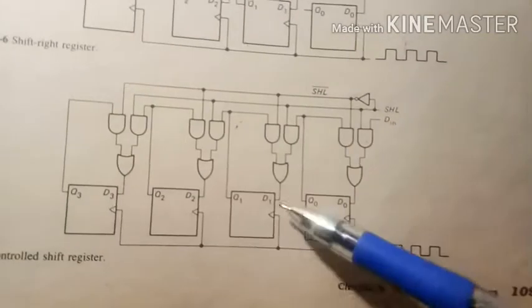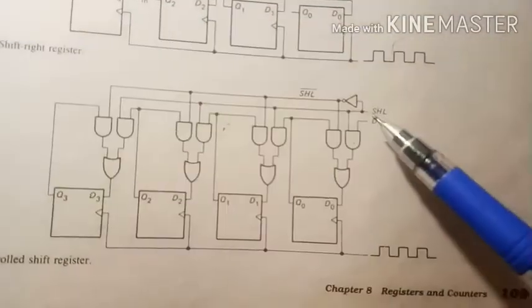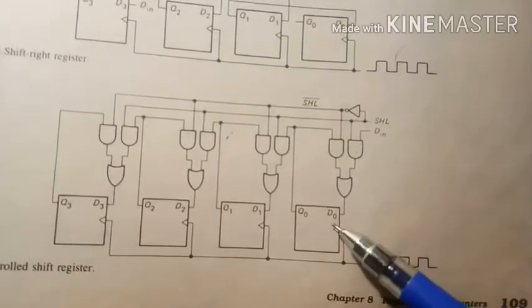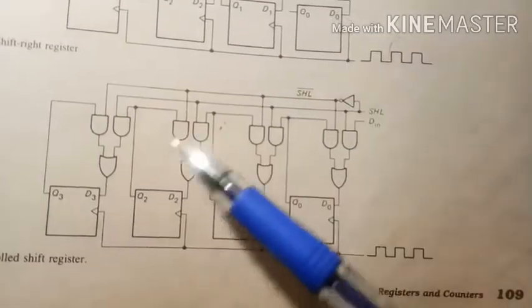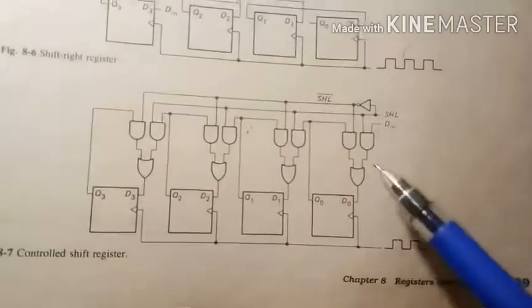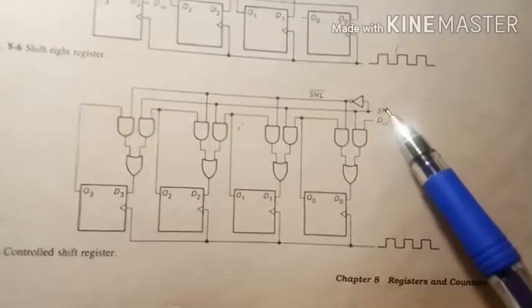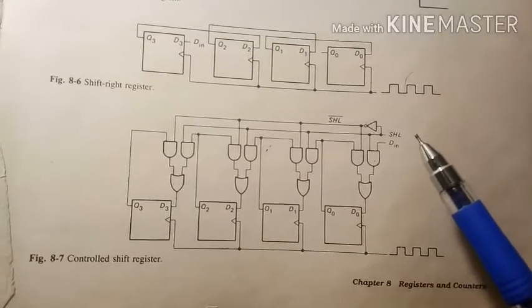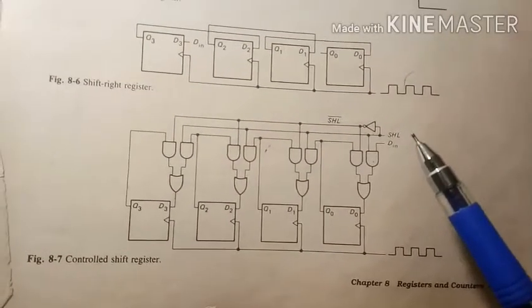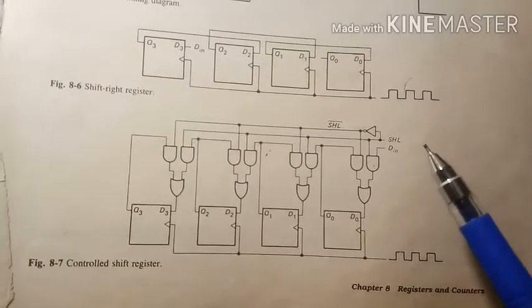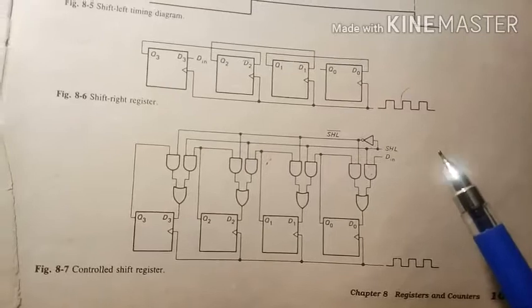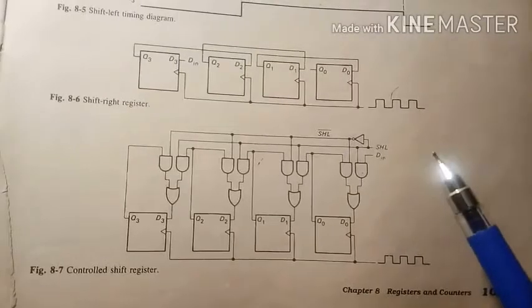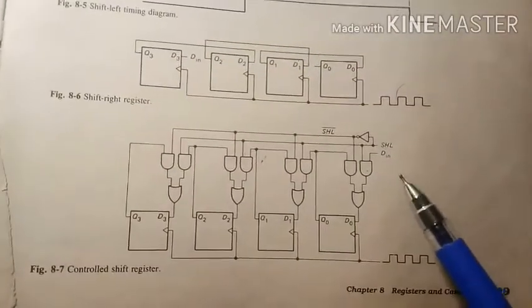See, this is also D flip-flop, D flip-flop, D flip-flop. The input D in is the control input D1 to D0. This is the control input, this is the control input, this is the control input. So this SHL is the basic control signal. SHL is nothing but the serial loading, means storing a word in the shift register by entering a bit per clock pulse. So therefore, to store the 4-bit word, we need 4 clock pulses.